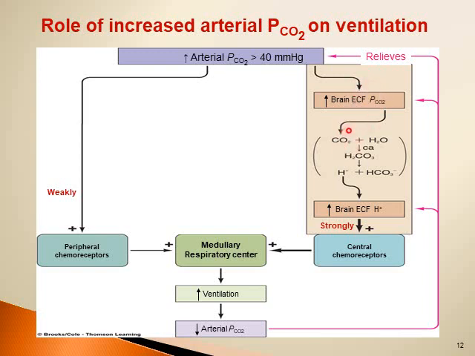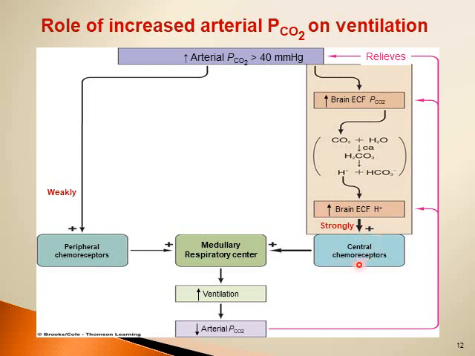This carbon dioxide will combine with water in the presence of carbonic anhydrase, the same enzyme that we studied in red blood cells that helps in the formation of bicarbonate, and this will lead to the formation of carbonic acid. Carbonic acid will quickly dissociate into hydrogen and bicarbonate. So this will lead to an increase in the brain extracellular fluid hydrogen concentration, which strongly stimulates the